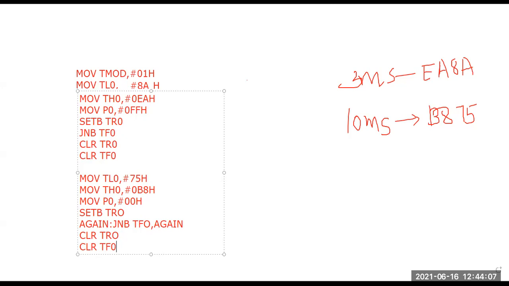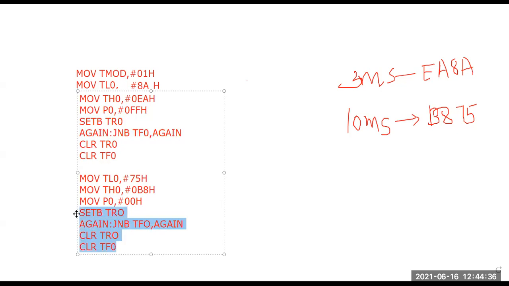So one thing you can observe here, see these 4 lines starting with set bit TR0, and these 4 lines. Here I have not written the label. Here you have to write the label again, or write a different one, because if both the labels are the same it will get confused. You can write the program like this, or else you can do one more thing, because these 4 lines and